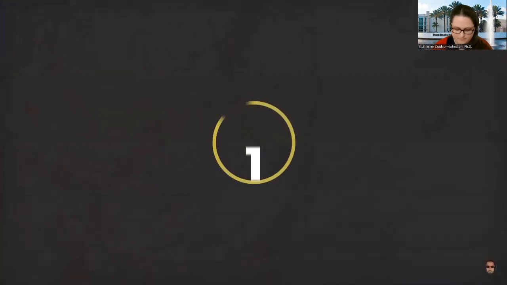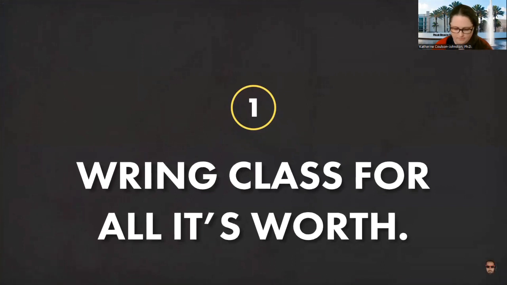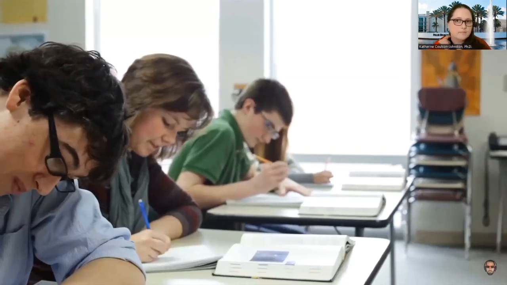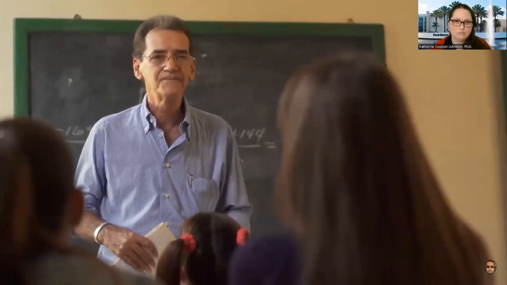From the moment you walk into your very first class this semester, make the commitment to sit up front and bring class for all it's worth. Treat class like the active learning time that it should be. This means, again, sitting up front, taking notes the entire time, raising your hand, asking questions, and participating in discussions. If you can do this right from the start, then you're going to gain an implicit psychological pressure to keep doing it throughout the entirety of the rest of the semester. And this is because humans have a core drive to act consistently.